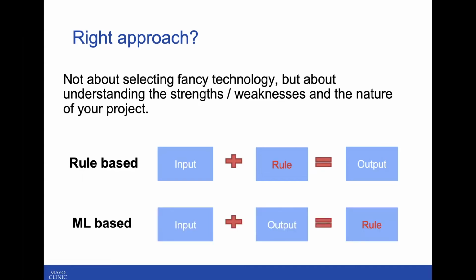But if we don't know the rules, we just have input and output data, like a prediction of surgical site infection. We just know some variables, but we don't know the clear rules to predict the surgical site infection. Then we can apply machine learning. Then the machine learns from the data and comes up with its own decision logic.